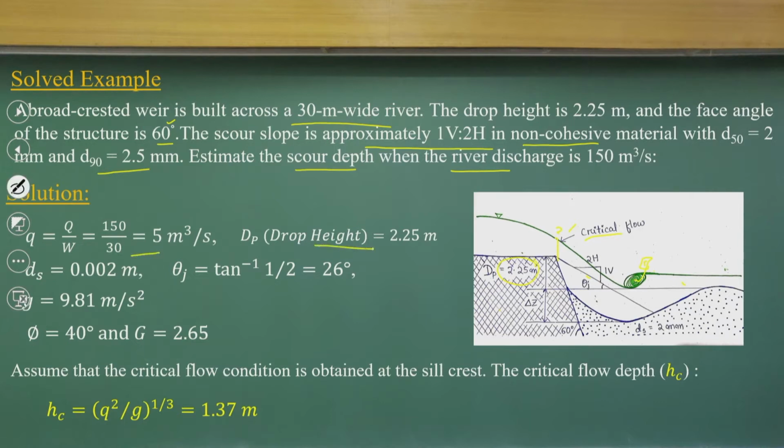We have the drop height, ds is given to us, theta z we compute as the impinging angle, that we have a phi value of 40 degrees, and we have a G equal to 2.65, and we first try to compute the critical depth. That is what we discussed earlier, how to estimate the critical flow